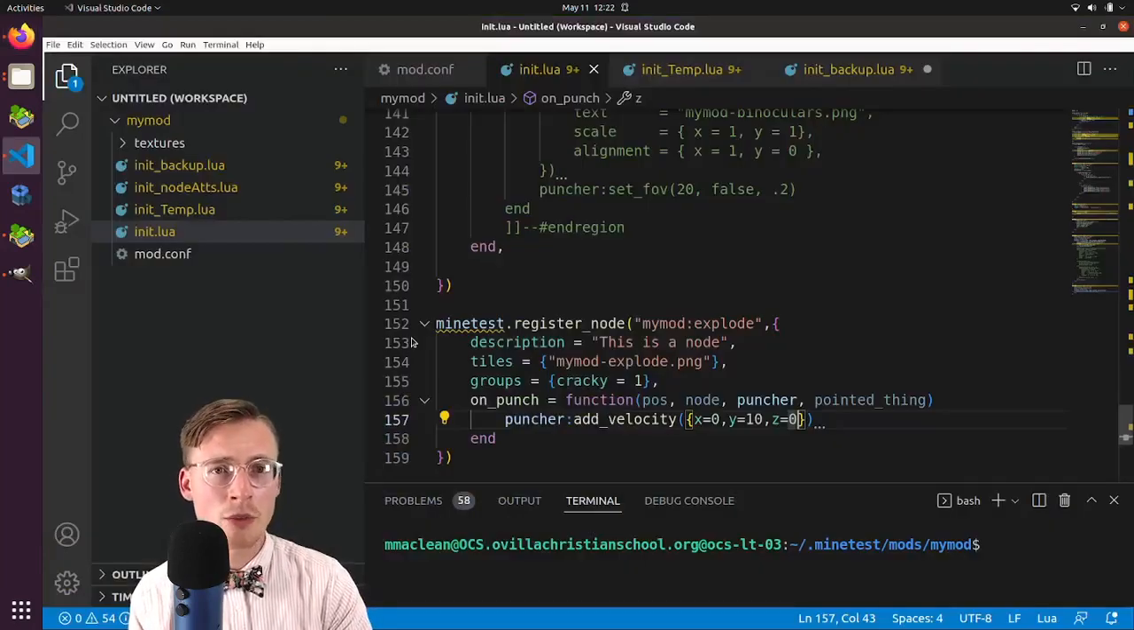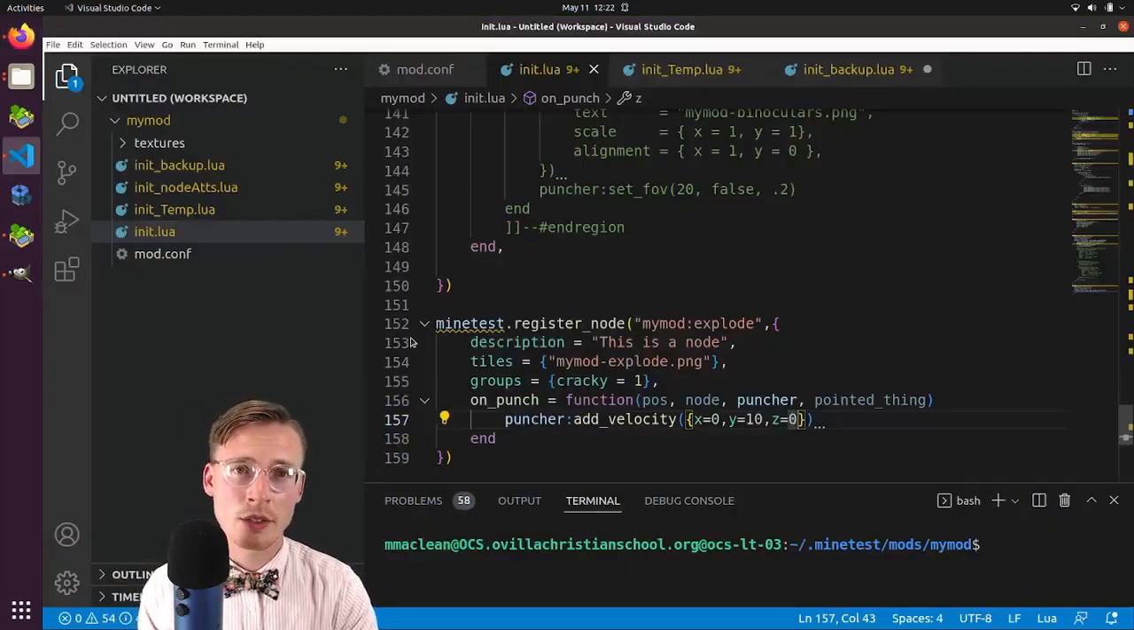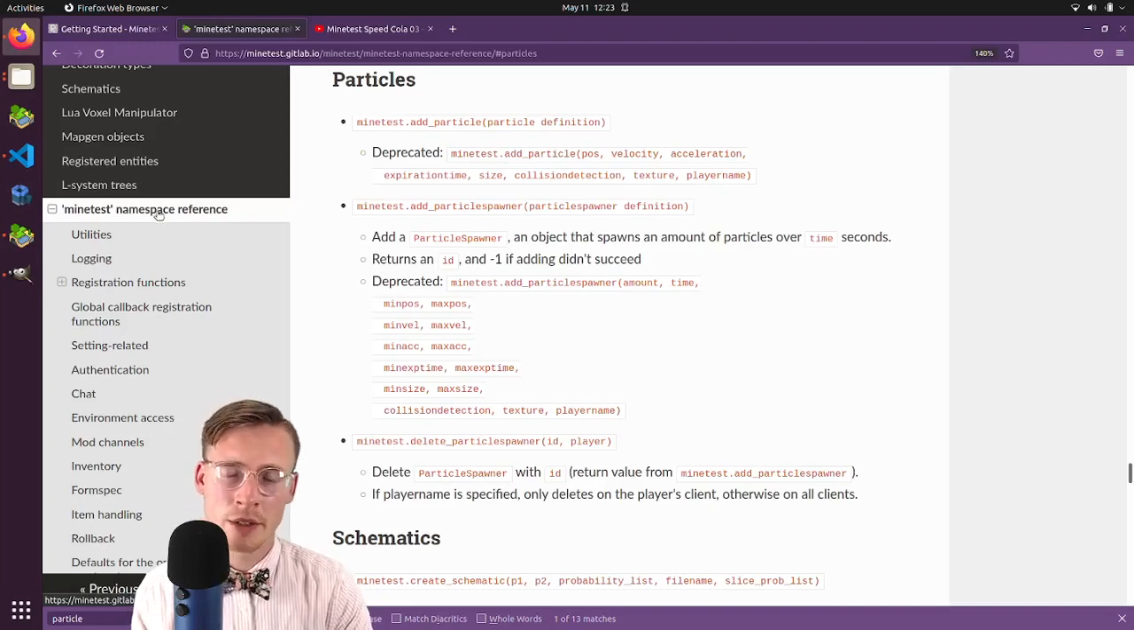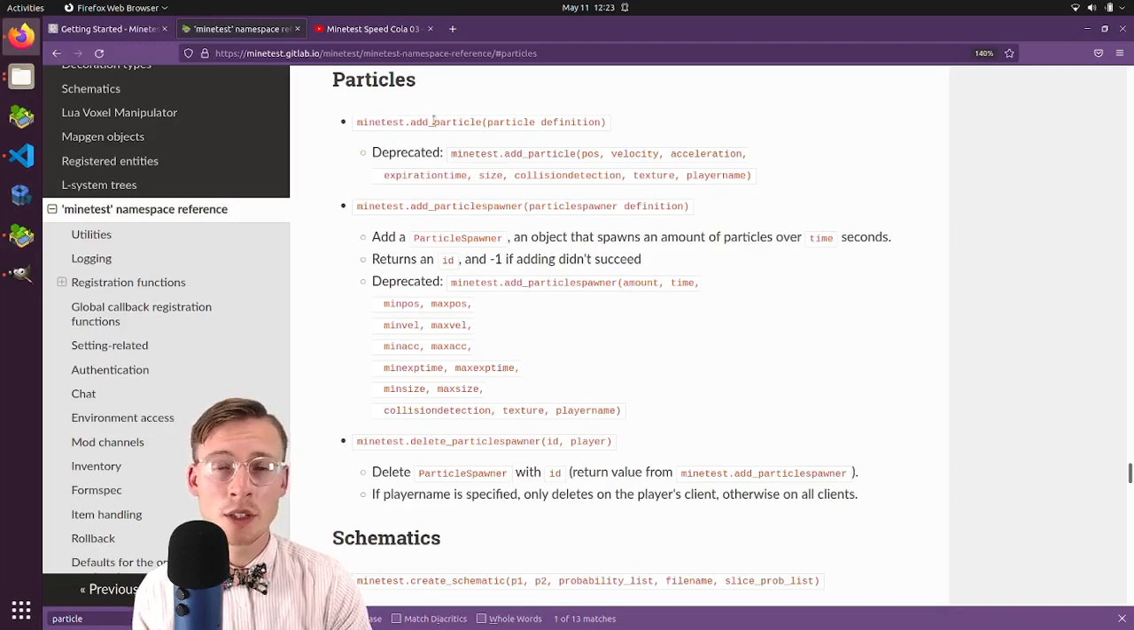Okay, on to the next order of business. How do we do particle effects? It turns out that particle effects are a method of Minetest. So if you want to create particles on anything, whether a player or a node, you need to use this method. And this gives you a very, very limited